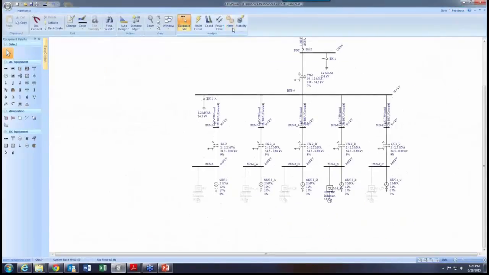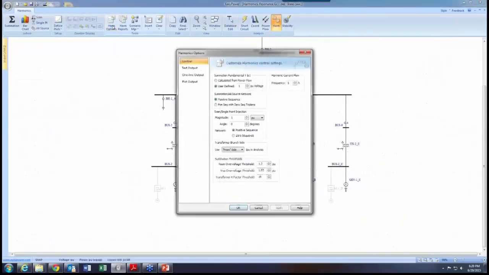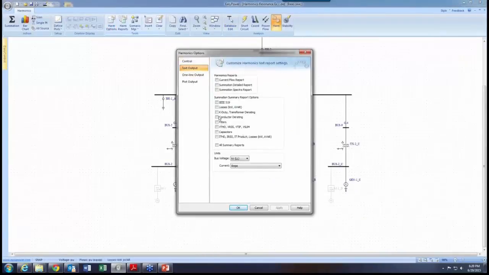If you want to see the 519 reports, you would go to harmonic options, go to text output and check this checkbox. So it generates an IEEE 519 report for you. But if you do that,